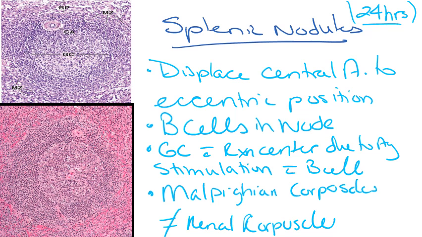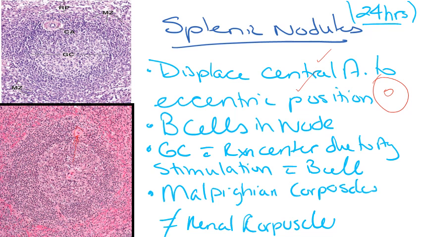What happens when it gets activated? Well, we have a displacement of the central artery to an eccentric position. Before, our central artery was in the middle and our T lymphocytes surrounded it. But as you can see in these two examples on the left, especially the one on the bottom left, originally most likely the central artery was going to be centrally placed, but it's been pushed outward by the germinal center